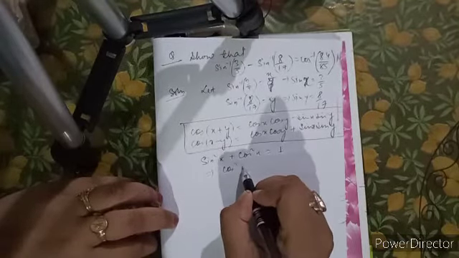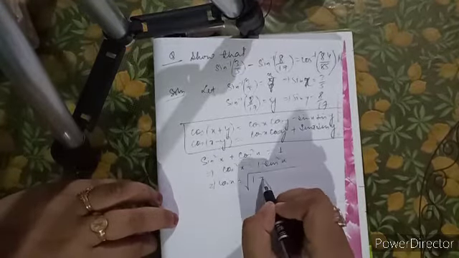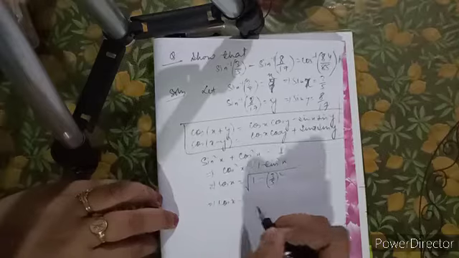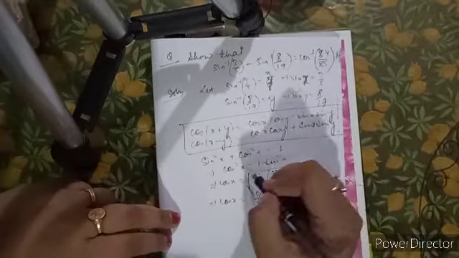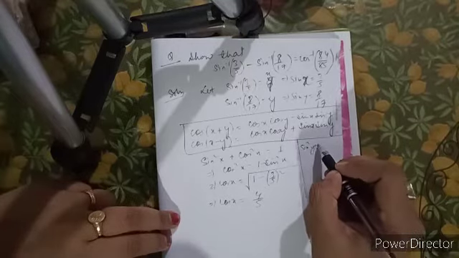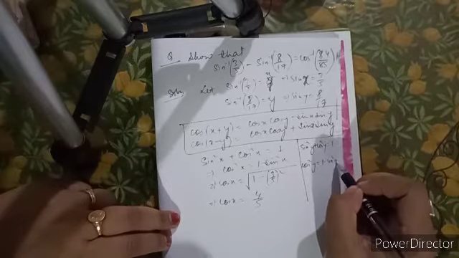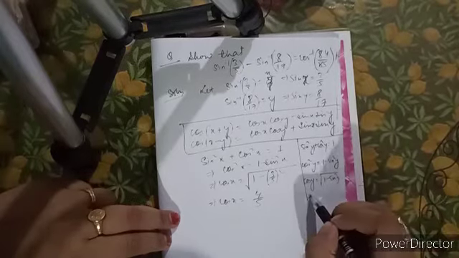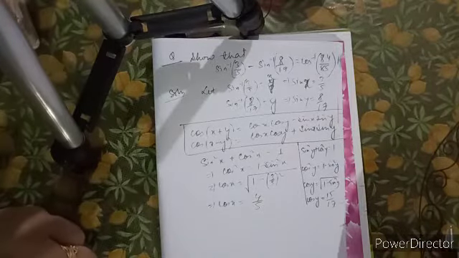As we all know, sin square x plus cos square x equals 1. So we can easily use this identity to find the value of cos x. So cos x will be root over 1 minus sin square x. So cos x value will be coming as 4 by 5. Similarly, using the same identity, sin square y plus cos square y equals 1, cos square y will be equal to 1 minus sin square y. So cos y will be root over 1 minus sin square y. So cos y value will be coming as 15 by 17.